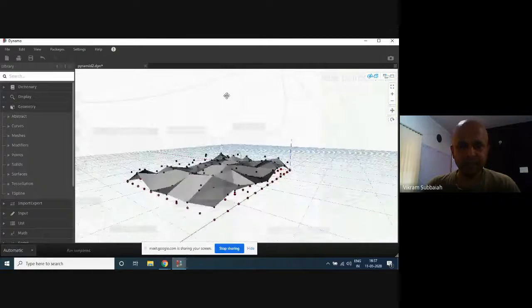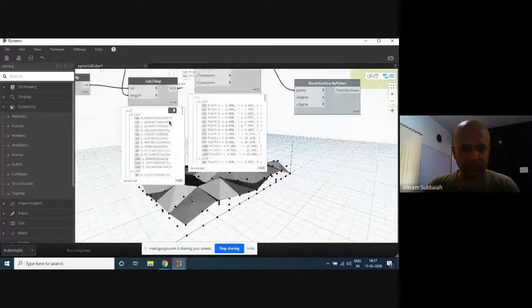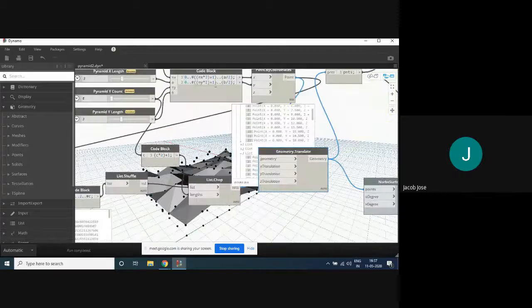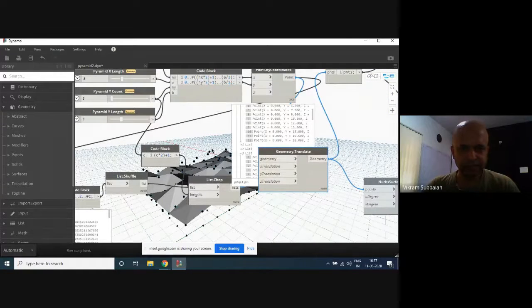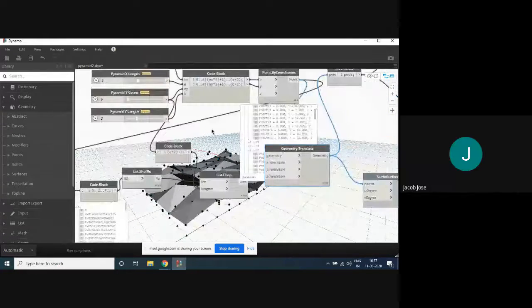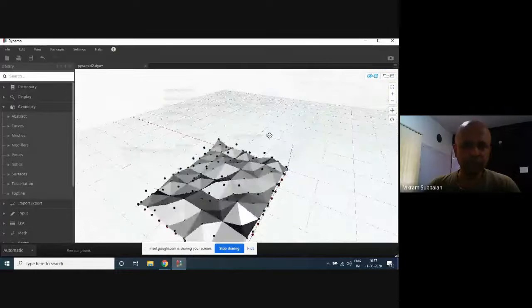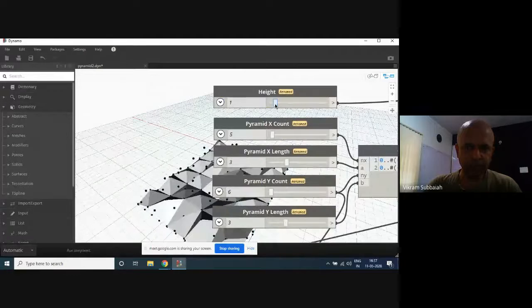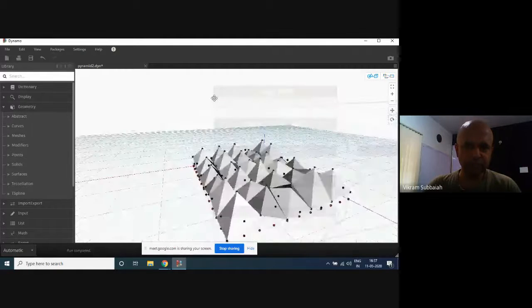Basically, what I had done was I didn't top the list properly here. I needed to have 13 points in each list. So this plus 1 I missed out here. Okay, so now the same pyramid, whatever you had, probably works on this undulated surface too.